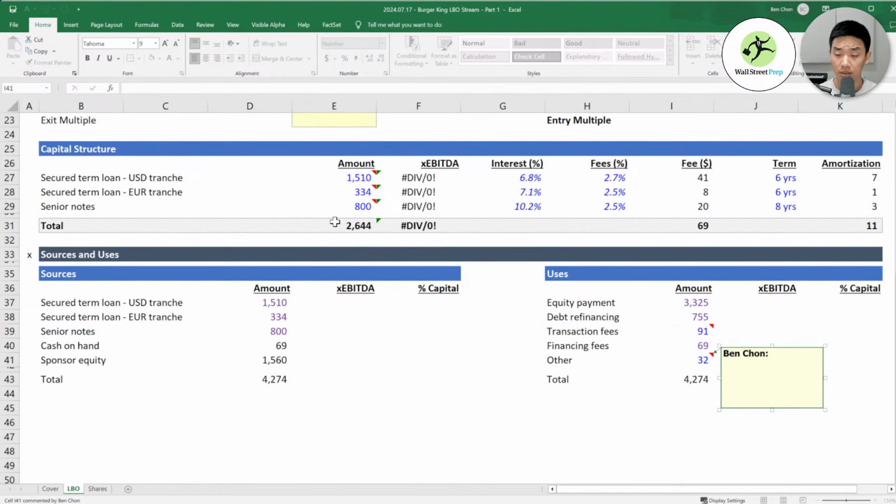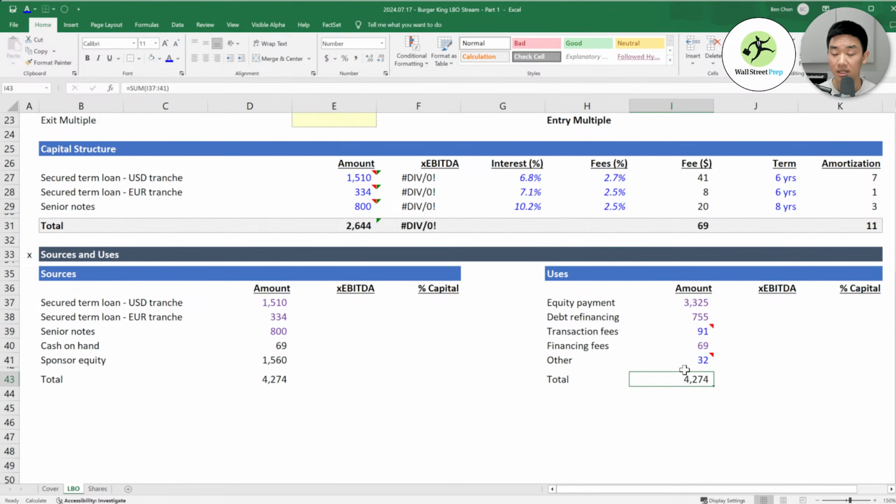I'm going to add a note here to get to 1.56 billion in sponsor equity, adding this extra line item. And you can go to the 2011 10K page 87 to refer to how I got this 1.56 billion.